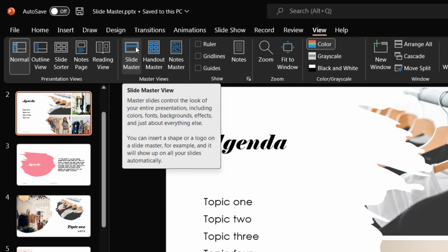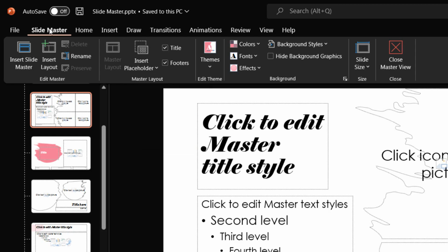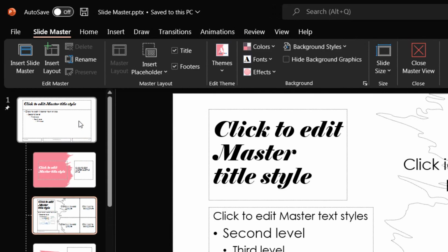We just select the command and we are transferred into Slide Master View. The Slide Master tab gets activated. The Slide Master tab is separated in the following areas: Edit Master area,